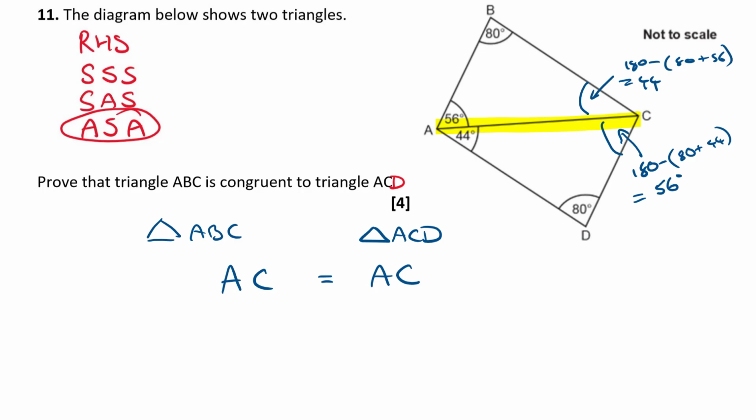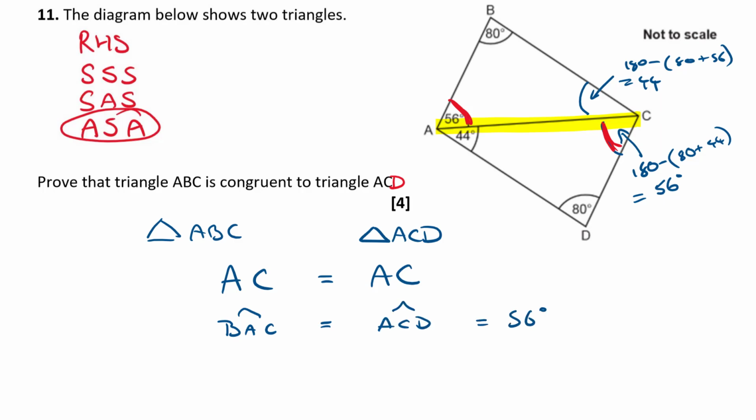Okay, so we know that AC is equal to AC. Now let's show the angles either side are the same. So we're going to say that this one here is the same as that one. 56 is the same as 56. How are we going to write that down? We're going to say that angle BAC is equal to angle ACD,